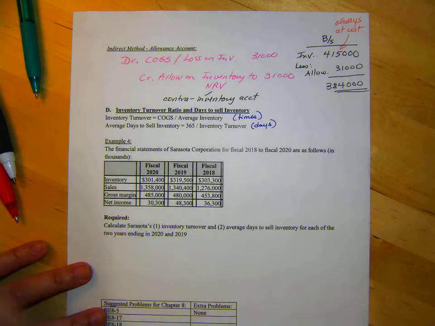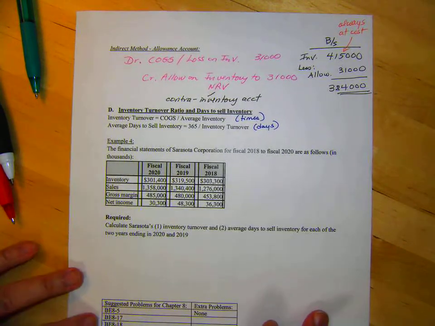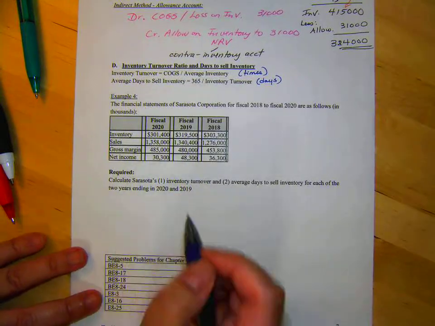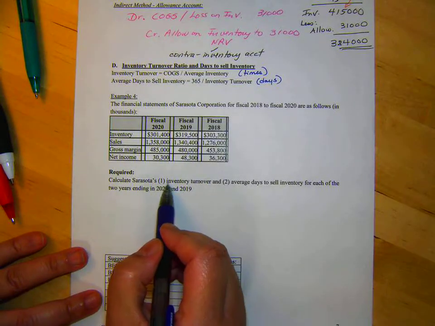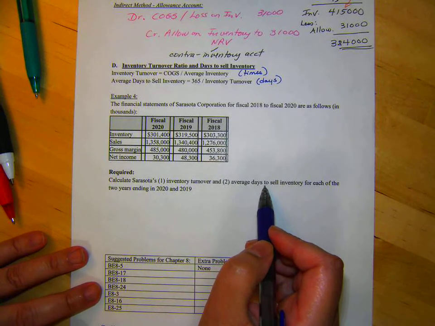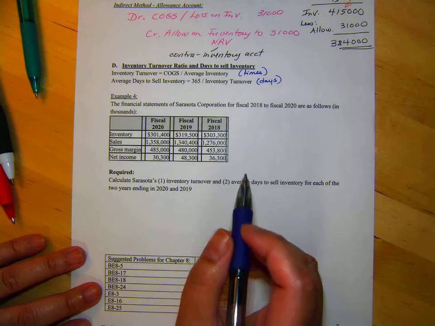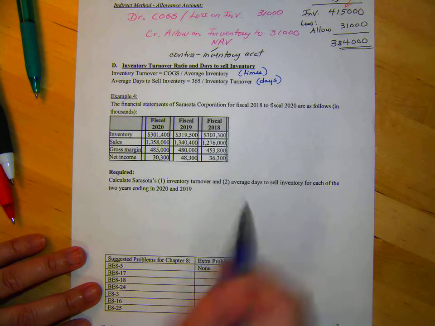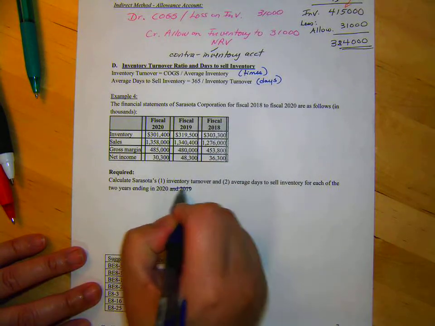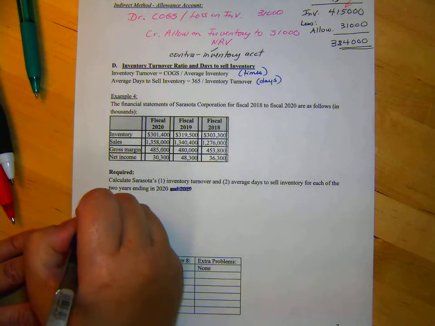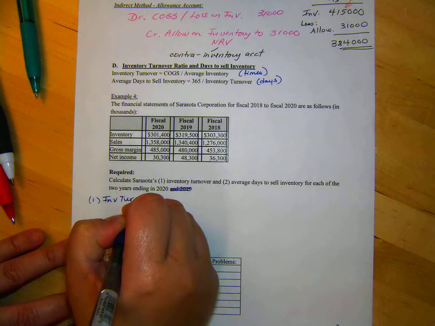You've done these before in your calculations in intro, but let's just do one here. So we need to calculate inventory turnover and average days to sell inventory for each of those sets of years. Oh, not for 2019, sorry. Cut that offline. So first, inventory turnover